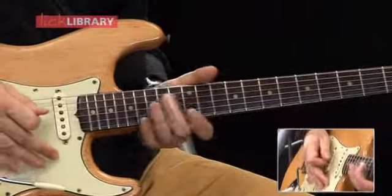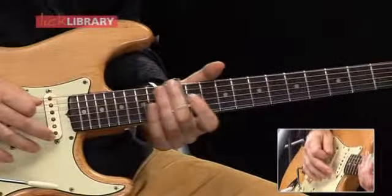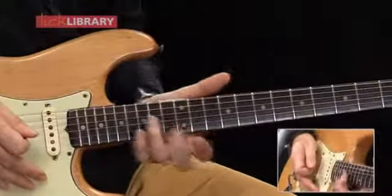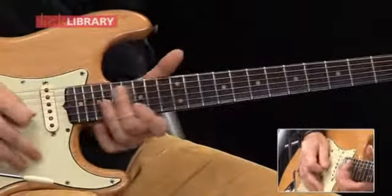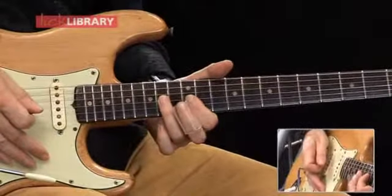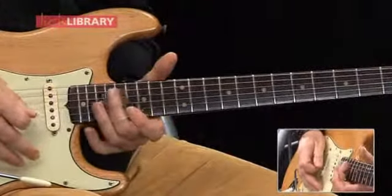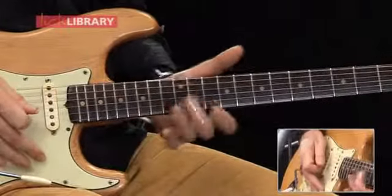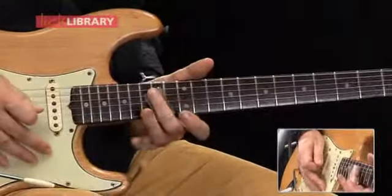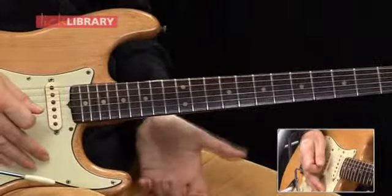Then we got this run. And that is, again, going up our usual path, all pentatonic. That's 14 on the D, going 12 on the G, 14 on the G, up to the 17 on the G. You get... There's a little lick. So that's 14 down to the 12 on the G. Catch the 14 on the D, back up to the 12. Put that together, you get...